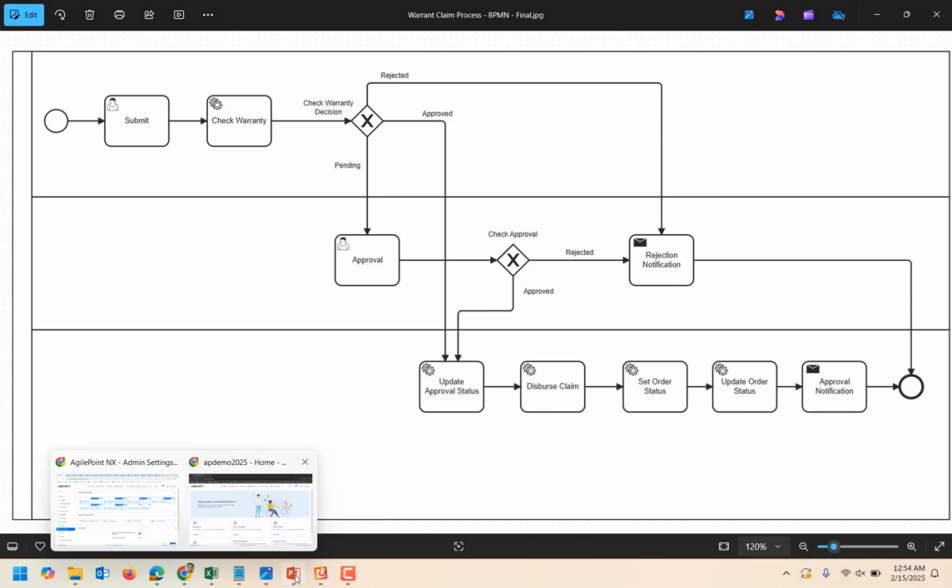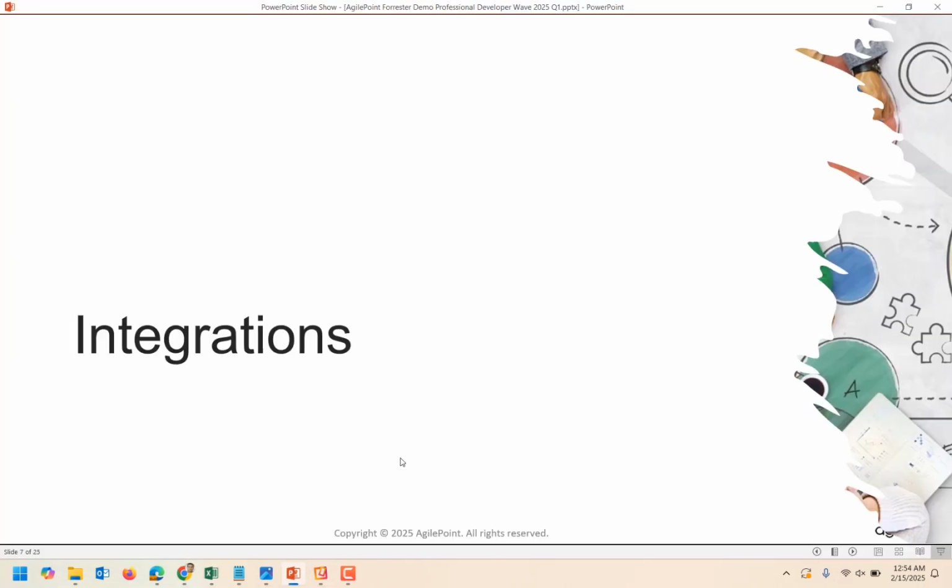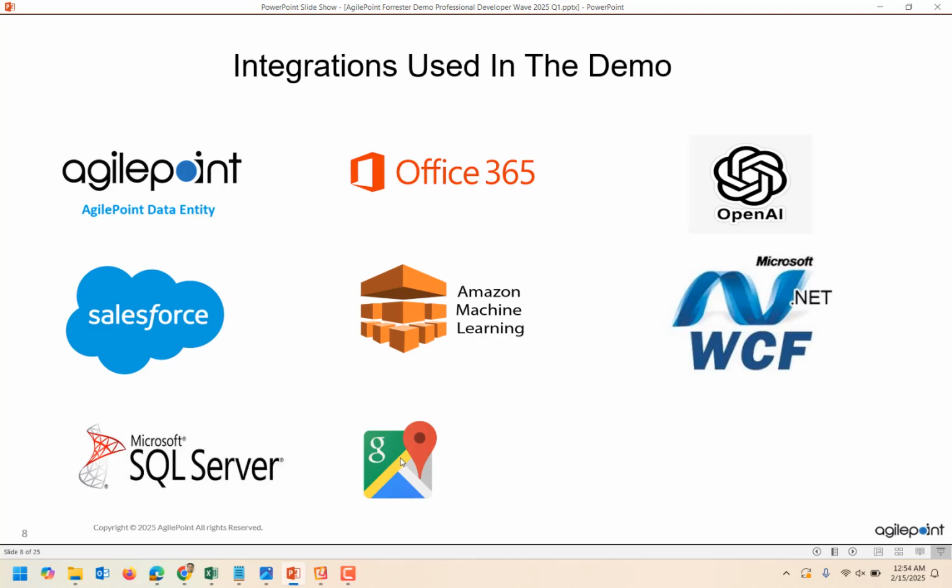So let's go back to the PPT over here. Now, as far as integrations are concerned, I'm going to use a whole lot of integrations for today's demo. I'm going to use AgilePoint data entity to manage the warranty claim requests as well as my disbursement or product replacement requests. I'm going to use Office 365 as product catalog, OpenAI as an LLM agent to analyze customer feedback,